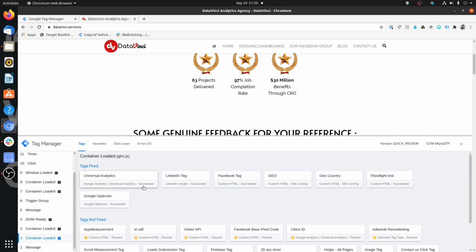So as a rule of thumb, if there is no dependency on any kind of data items that you need to pull from the data layer or any other variable, then always choose page view, because as I mentioned earlier, that's the sure shot way for recording any kind of incoming traffic and activities related to that. All right, but here